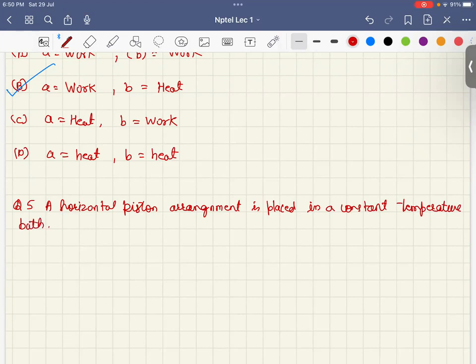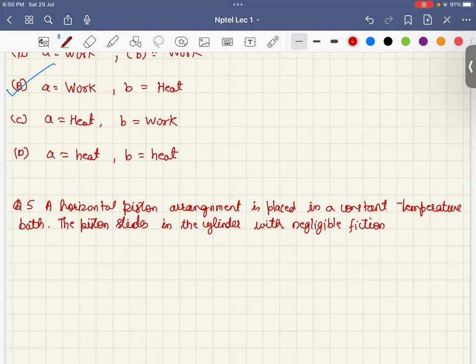The piston slides in the cylinder with negligible friction,